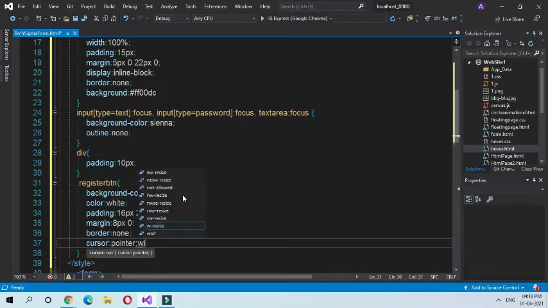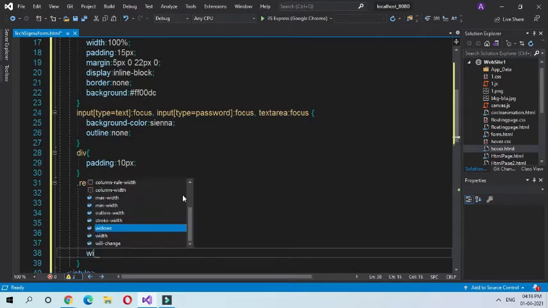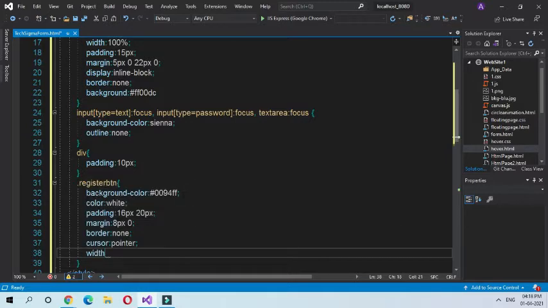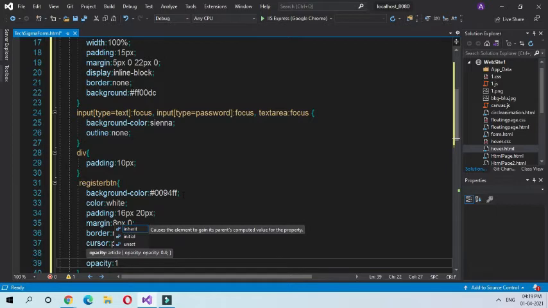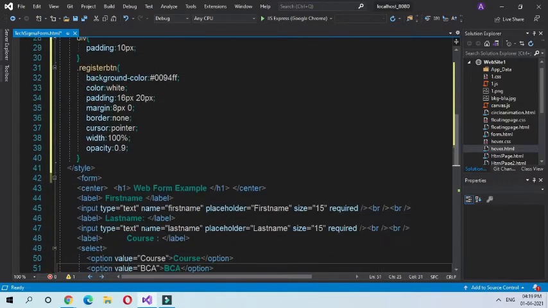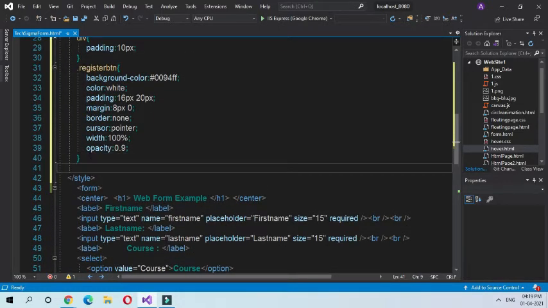Now give the width, width as 100%. Now give opacity, give it 1%. No, give it 0.9.